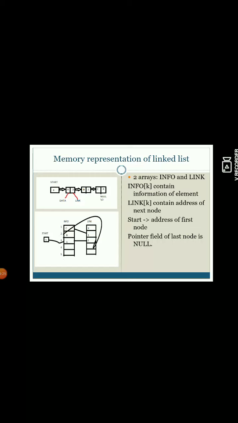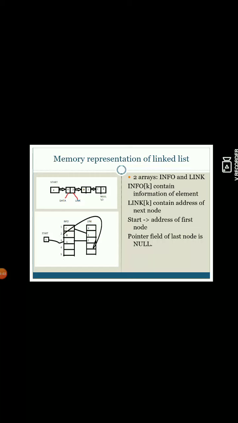Now for the above linked list, we are representing that linked list in memory. The very first thing is that I have to start from the starter node. So on the extreme left-hand side, I make one small rectangle or square for the start node.